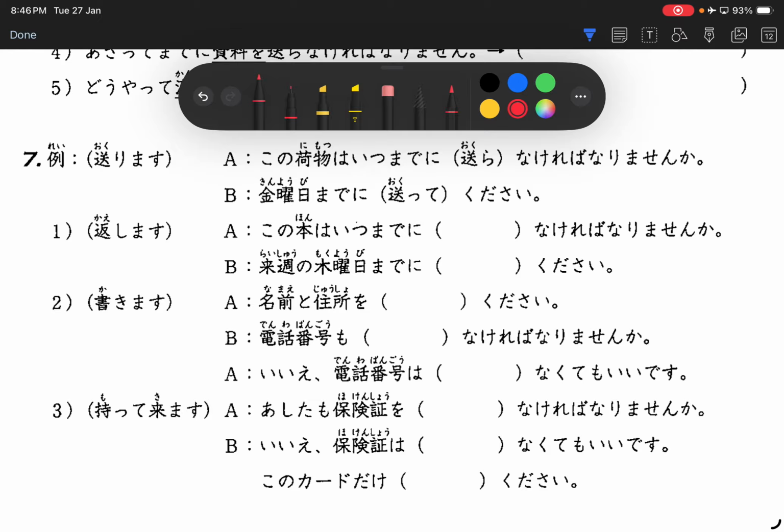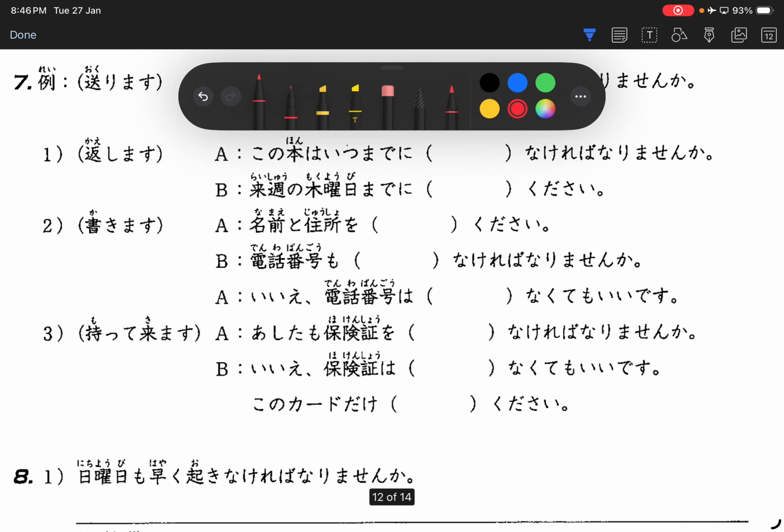Number 3. Yes, June. 明日も選手を持ってこなければなりませんか。Very good. いえ、選手は持ってこなくてもいいです。カードだけ持ってきてください。